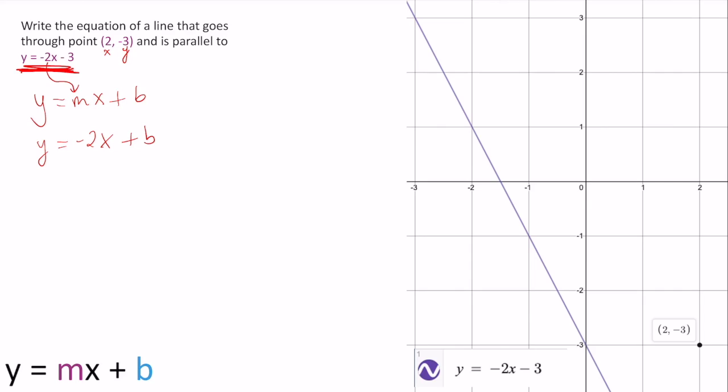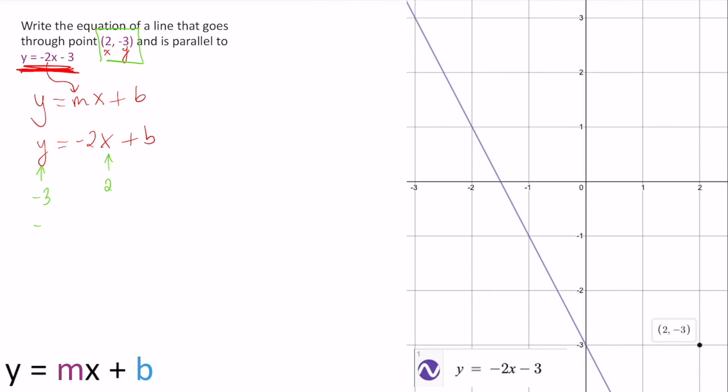Okay, so now back to what we were saying. We know they say this point, 2, -3, is on the line. So we know that that pair of x and y values has to work. So we can take 2 and plug it in for x, right? I can plug in 2 for x. And we can take the -3 and plug that in for y. And when we do that, the only thing left that's unknown will be the y-intercept, and so we can figure